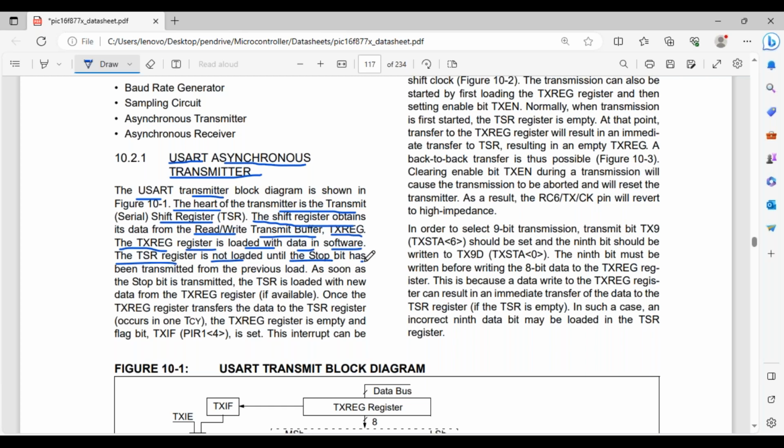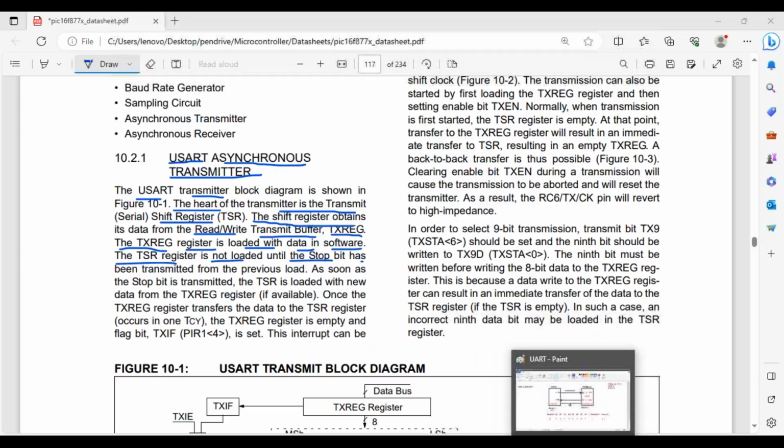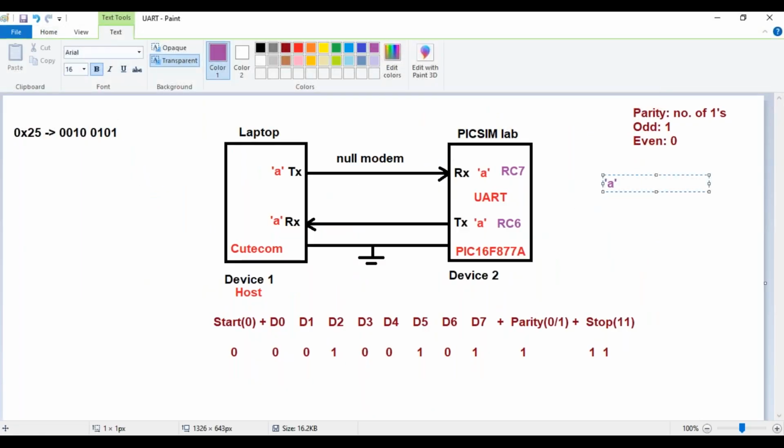So whenever you have to transmit some data with the help of the built-in UART block, you are going to make use of some special registers. One is TXREG, the other one is TSR. So first, whenever you have to transmit the data, assume in this case I have character A to be transmitted. Now, whatever data I want to be transmitting has to go to the QtCom, that is your laptop, with the help of a transmitter, which is available in the UART block. So,